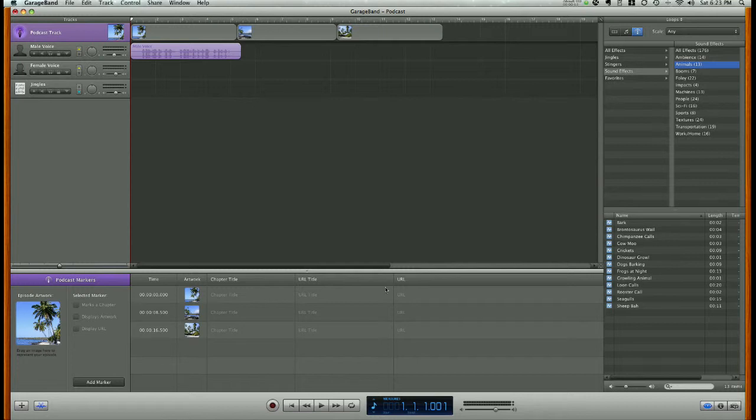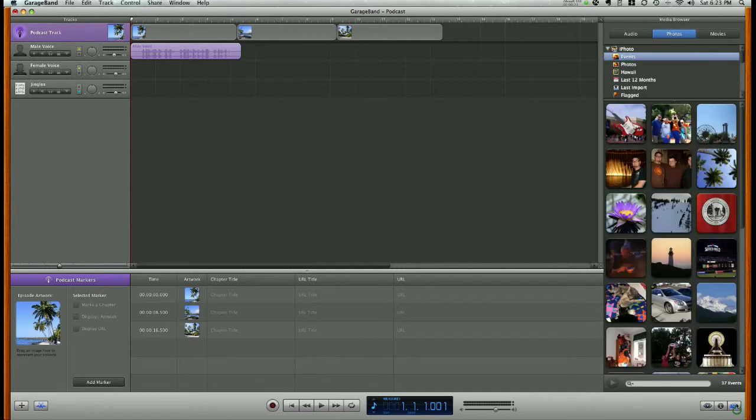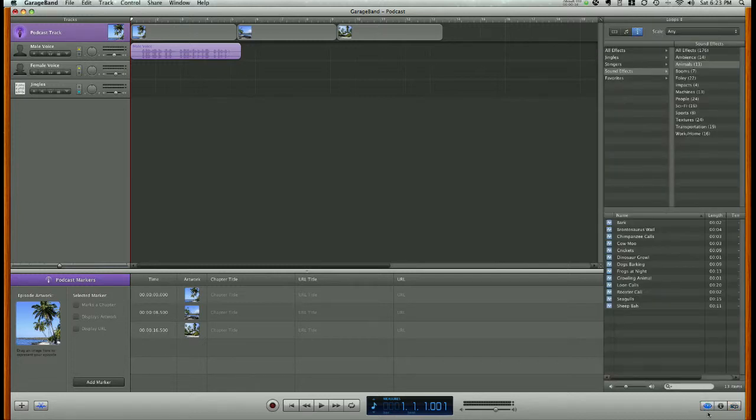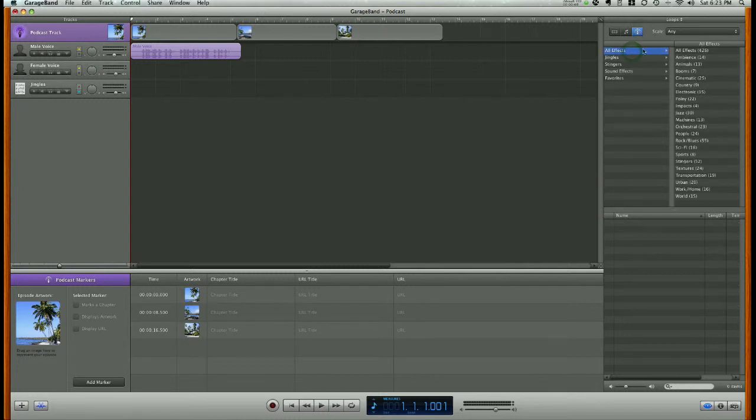So, the first step is going to be going to the bottom right-hand side of your screen where these three buttons are. We were working with the media browser just a moment ago. Now, for sound effects and jingles, go ahead and click on the left-hand button, which is the Loops browser, represented by this eyeball. And then at the top of your screen, if it's not already selected, click the Podcast Sounds view right here on the right-hand side,